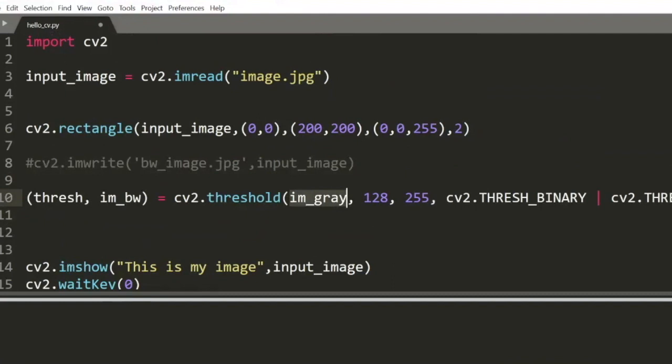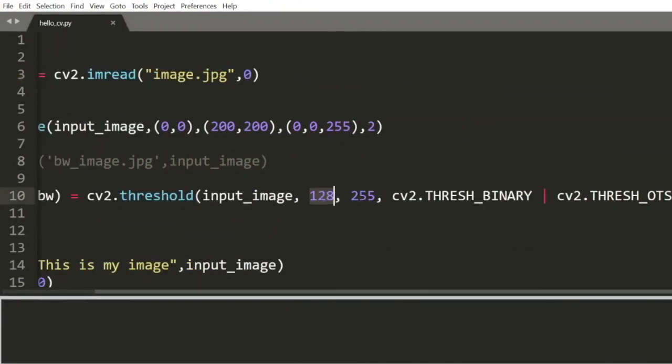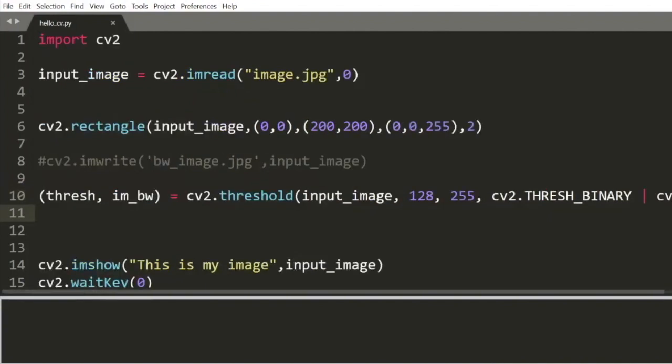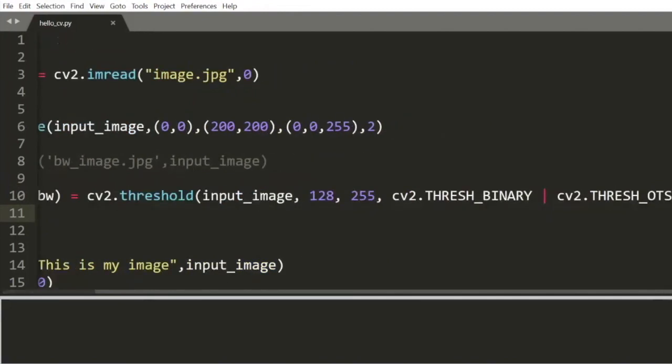We want to make sure that we give our input image over here, and we want to give it in grayscale mode. So make sure that you use 0 over here. This will read it in grayscale itself. We are saying that the threshold over here is 128. What we are saying is anything less than 128, you keep it as 0. If anything is greater than 128, you make it 255. This is what we are saying over here. And then what we could do is use cv2.THRESH_BINARY. You could use either one of these. And again, these two are just flags. And what we could do also is just print them out on the screen and see what the values of these are.